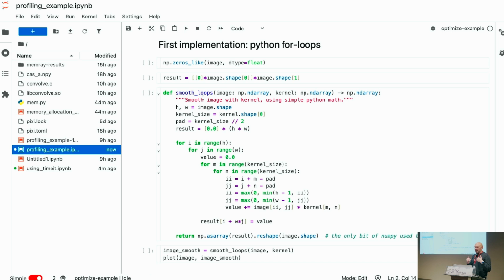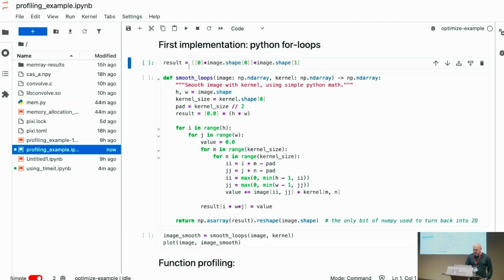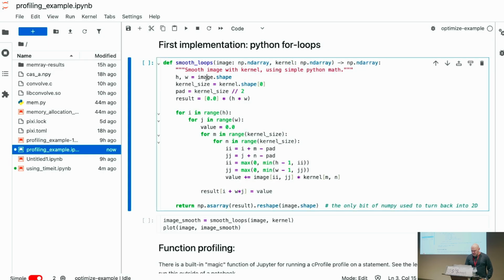And then through this lecture, I'm going to go through several implementations of this, but let's first start out with the most basic implementation. So this is my most basic implementation, smooth loops, I called it. And it takes the image, the kernel, and then it does basically the algorithm that I showed above, which is to loop